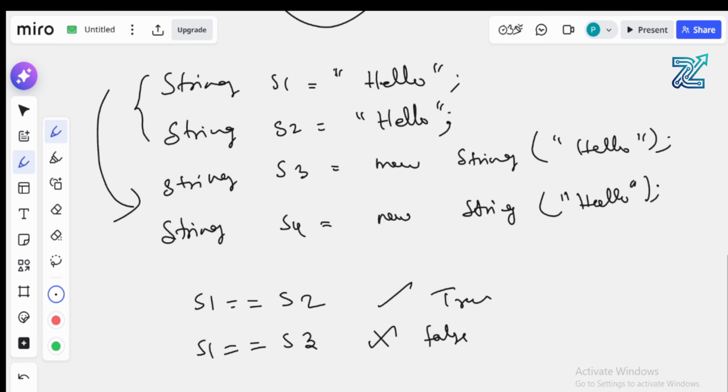Why? Because one is in the string pool and the other is in an object, so this will store the reference value of the string. So let us check s3 == s4. Now you may think that we have created them using the same method, so it will return true, but it's not. Instead, it will return false, because